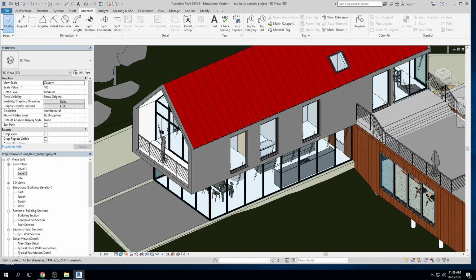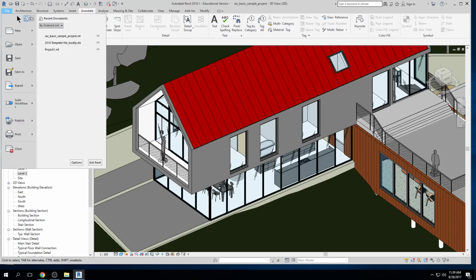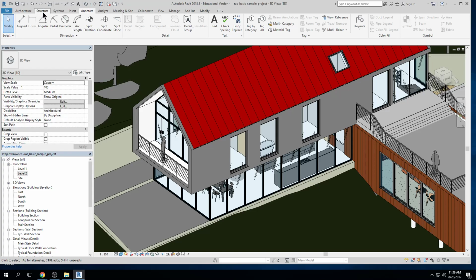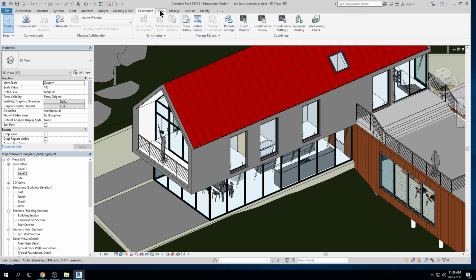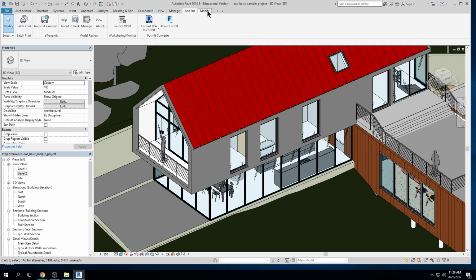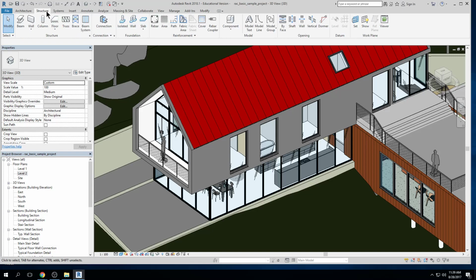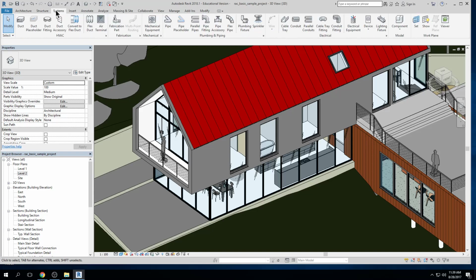Below that, we have our ribbon, all right? So again, our ribbon contains a lot of our drawing commands, our modification commands, okay? These ribbons, we have tabs, right? Architecture, structure, systems, insert, right? There's a bunch of them, okay? You're likely not going to use all of them, but some, like structural engineers will use structure, right? There's systems, these are mechanical, right? Things I never use in my projects, right? But